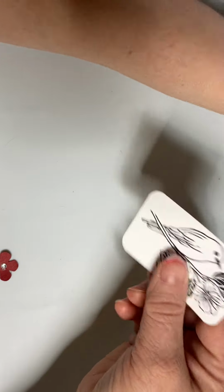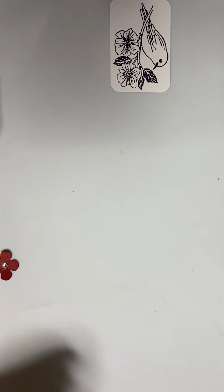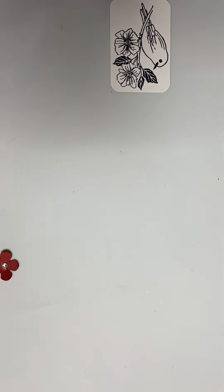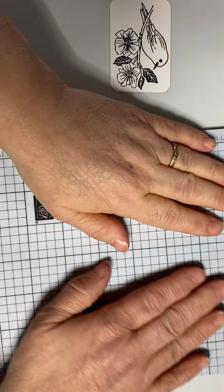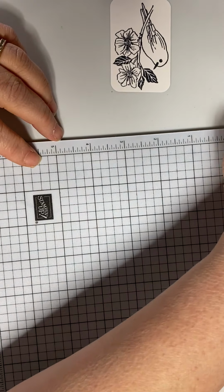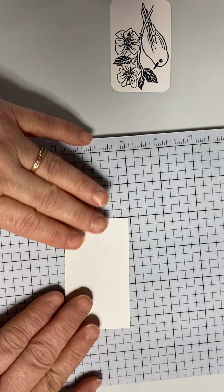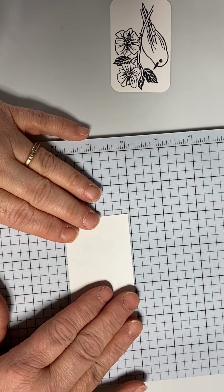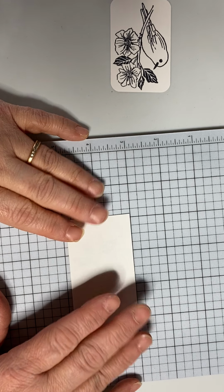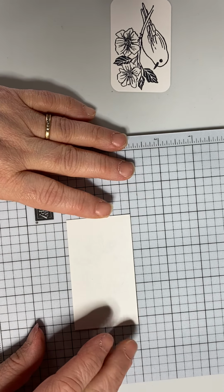Okay, so now we're going to talk about stamping a little bit. We have not talked about that any. So I'm going to go ahead and get my stamp board out. This here is a new pad that I got for Stampin' Up. And it does really well for using it as a surface to stamp on. Okay, here's my card. And I like to line that up so it's nice and straight. And then take my...